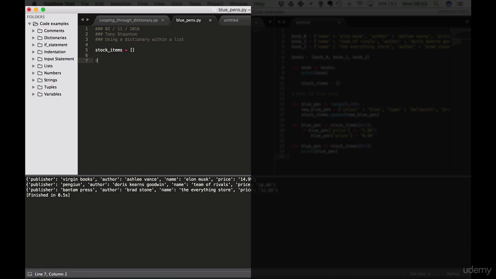So let's add in a comment, because this is something that we haven't really done before, although we have seen it. So make 50 blue pens. Okay, so for blue pen in range. We've seen the range function before, so we're going to go 0 to 50, and that's going to create 50 instances of blue pen. Colon, and what we're going to say is new blue pen